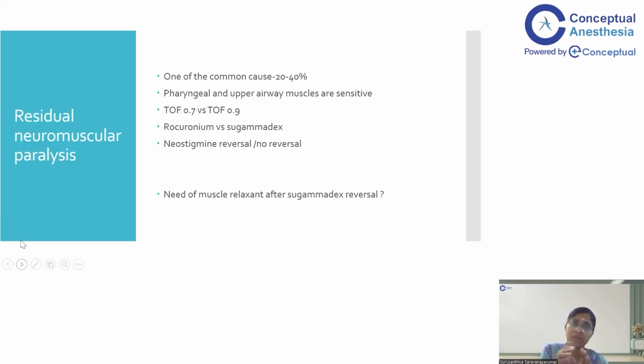Some people give no reversal, but the no-reversal approach is no longer advocated because patients with no reversal, as opposed to reversal, actually get increased postoperative pulmonary complications. So I basically give reversal to all my patients, whatever the duration of the surgery. Since I have given a neuromuscular blockade, I have a habit of giving neuromuscular reversal to all patients, with neostigmine if I have given atracurium or cisatracurium, or sugammadex if rocuronium. So if at all you are having an emergency situation in which you need to use a muscle relaxant after sugammadex reversal, maybe the patient in respiratory